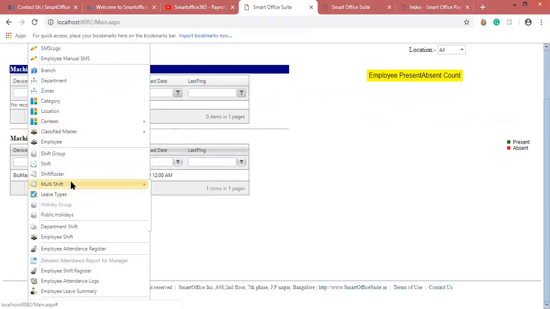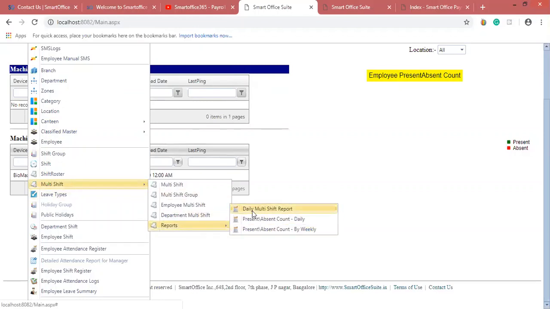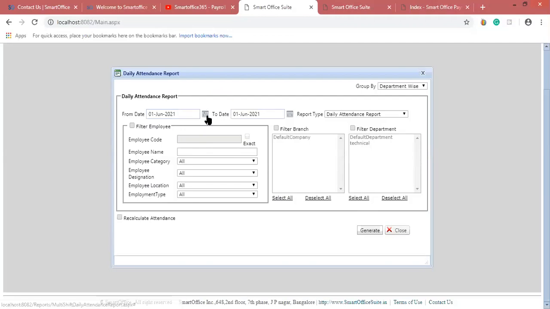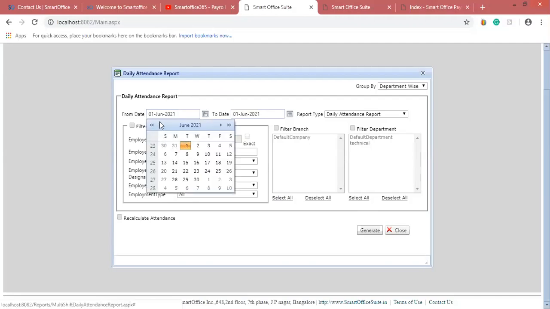Master multiple shifts. I'm just generating the report for May.